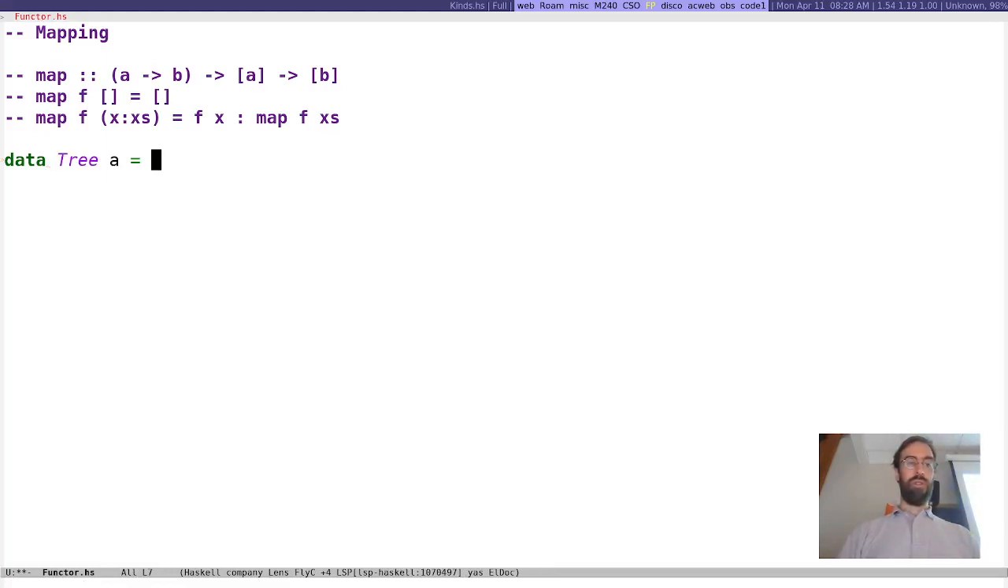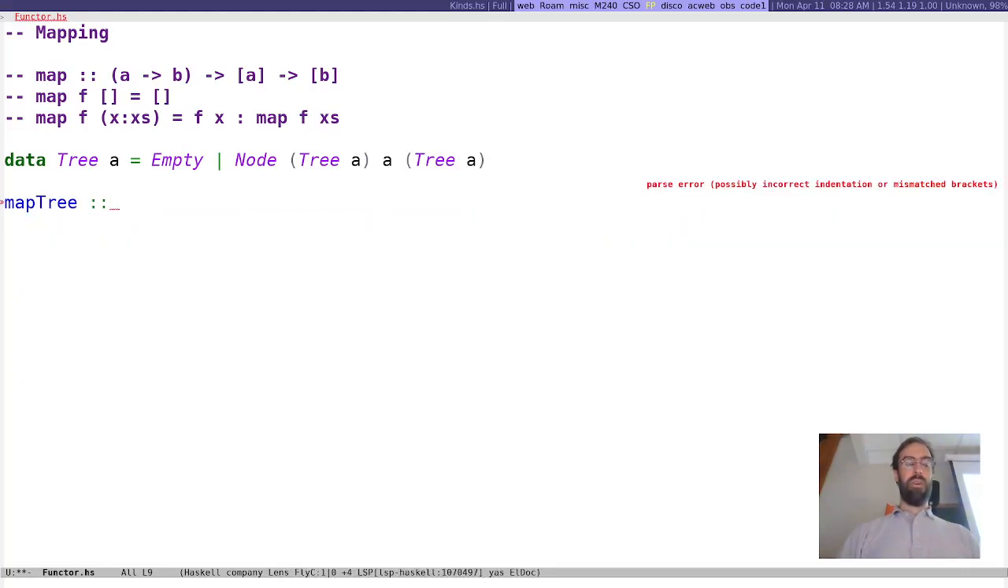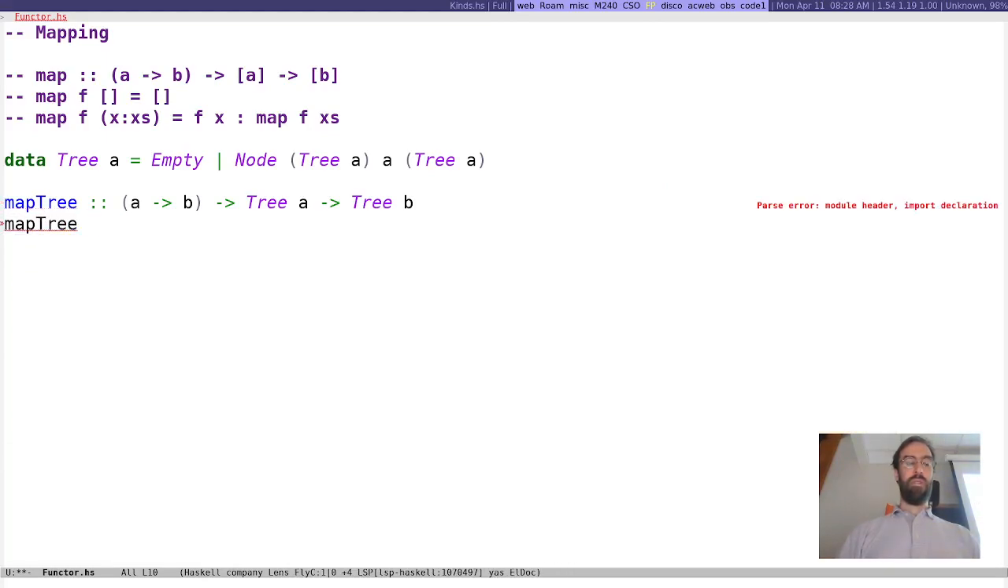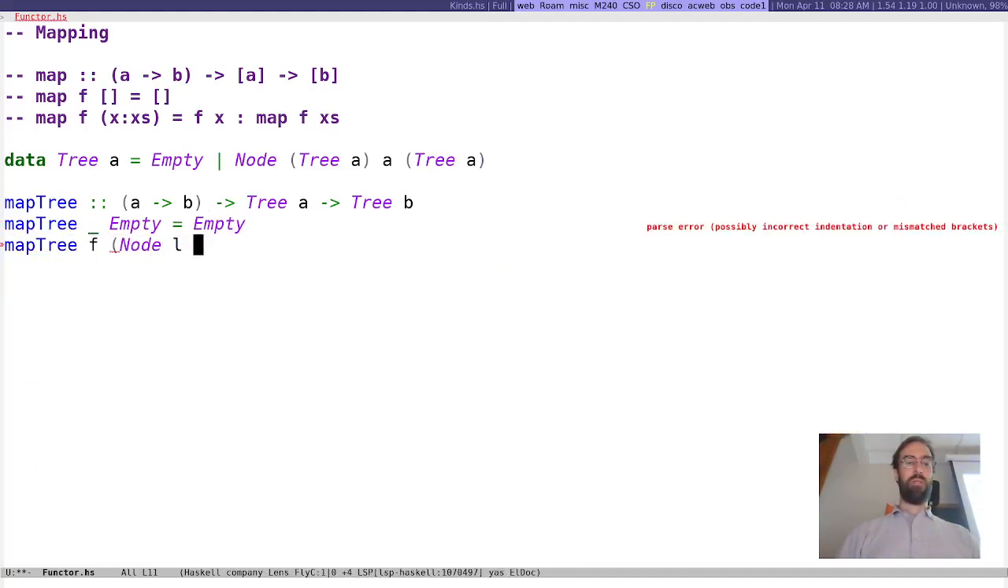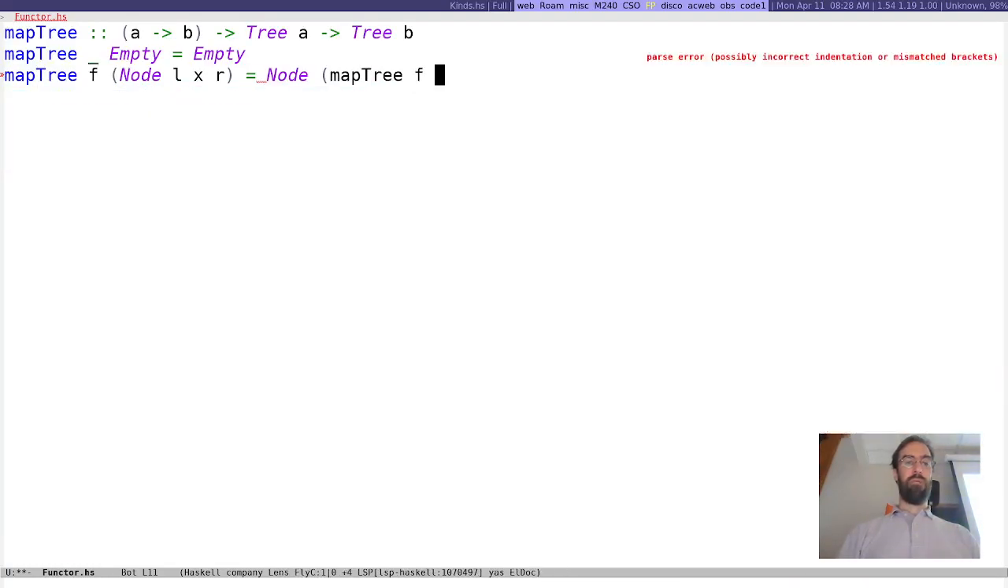binary trees, so tree A is like empty or node tree A. Alright, we can write a map tree function, which again takes A arrow B, tree A, and turns a tree B. Now, if we give it an empty tree, we get empty. If we give it a node left, x, right, we get a node, map tree f L. We apply f to x, and then we map tree f